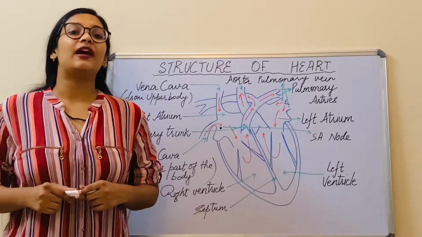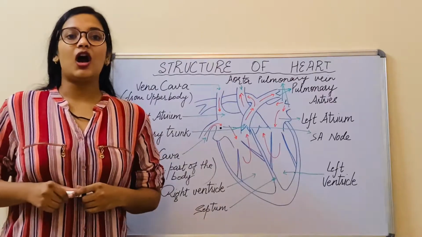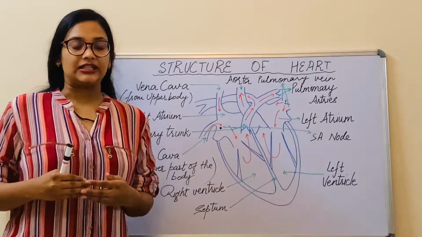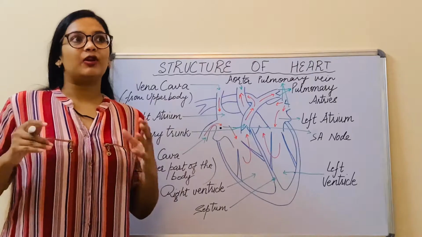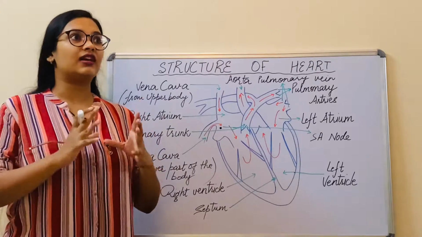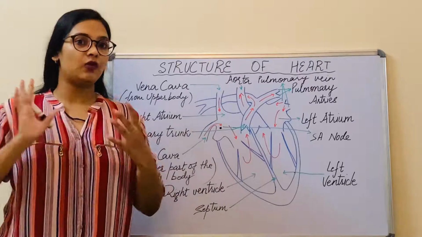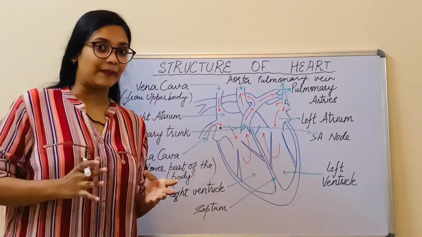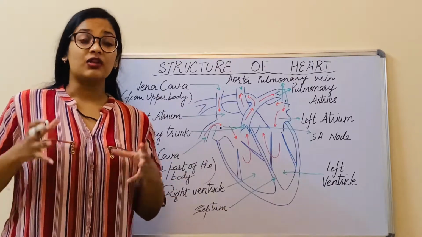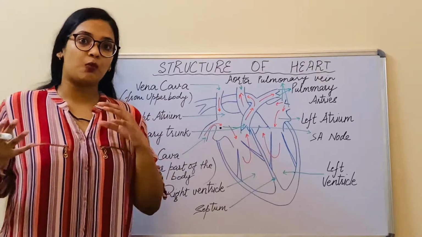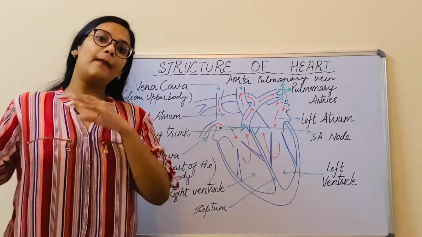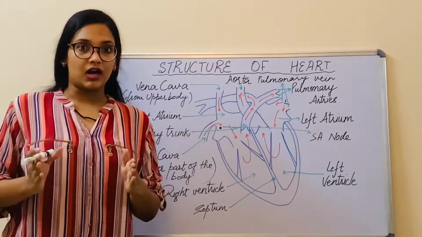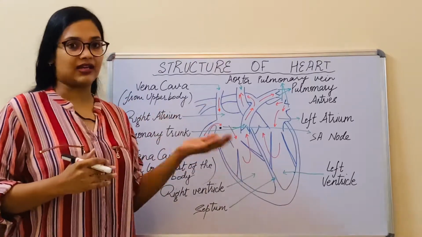Today we are going to study about the structure of heart. So we are going to start from a very basic level with the description of heart. What is heart? Suppose there is an example of the plumbing of your house, okay? So there are a lot of pipes and the water has to flow through all those pipes. In order to get the groundwater to your tap, you have a motor in your house. So that motor pumps the water from the ground level up till all of your house and also your tap. So that work is similarly done by heart in our body.